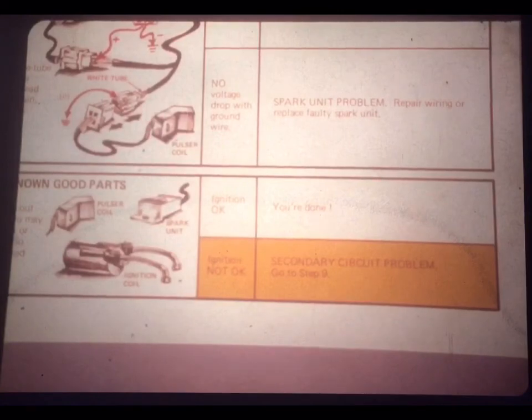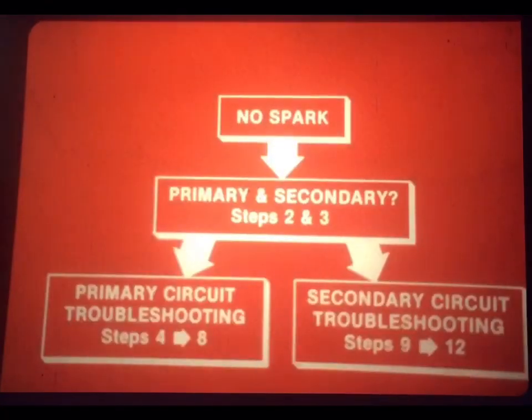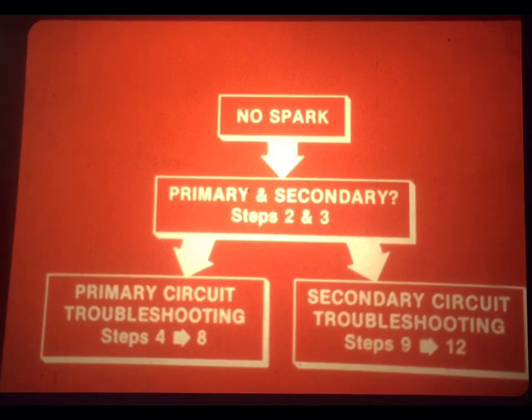Normally, at this point, the ignition would be fixed and Joe would be finished. But let's just suppose that this 750 is a real stinker. Maybe he's fixed a problem in the primary circuit and the ignition still won't make a spark. That means there's also the distinct possibility of another problem in the secondary circuit. Two failures at the same time aren't very likely, but the job aid can handle it by instructing you to